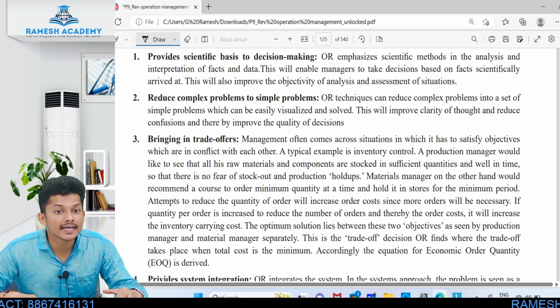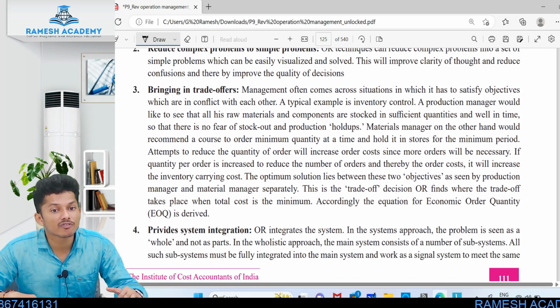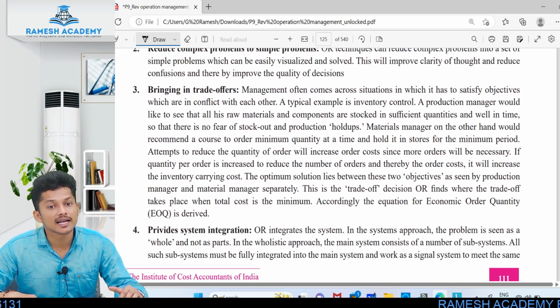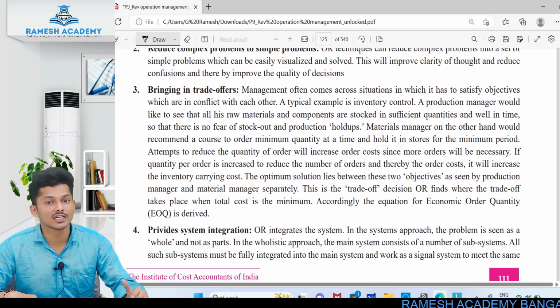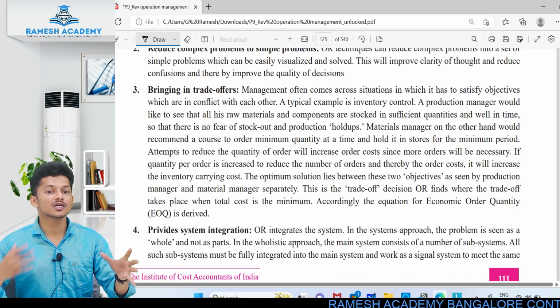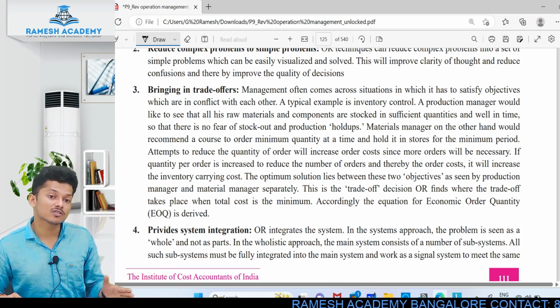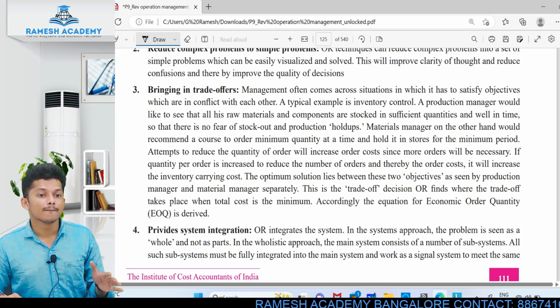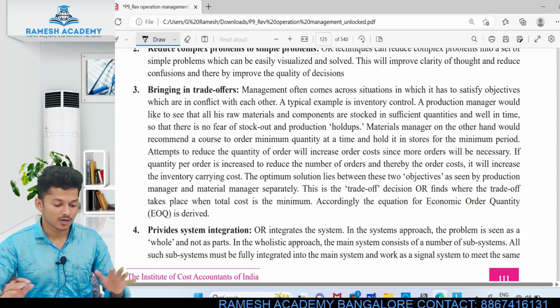Next, bringing in trade-offs. Management often comes across situations in which it has to satisfy objectives which are in conflict with each other. Okay, so suppose there are sufficient quantities. With the use of sufficient quantities, you have to provide the best solution. Okay, see here,